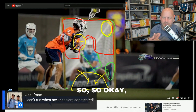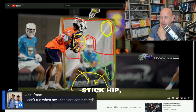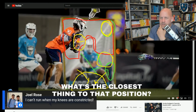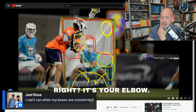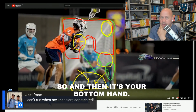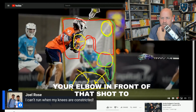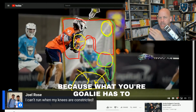So okay. Now, stick to a shot to our off stick hip. Right? Off stick hip. What's the closest thing to that position? That area? It's your elbow. Right? It's your elbow. And then it's your bottom hand. So how many of you are practicing putting your elbow in front of that shot to get really good at making that save? Because what your goalie has to do